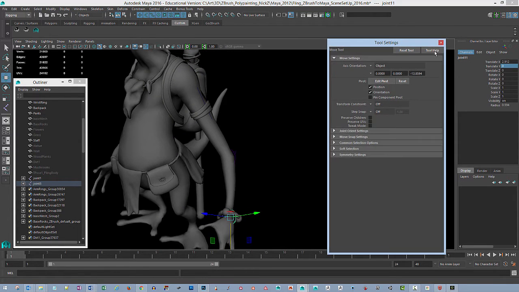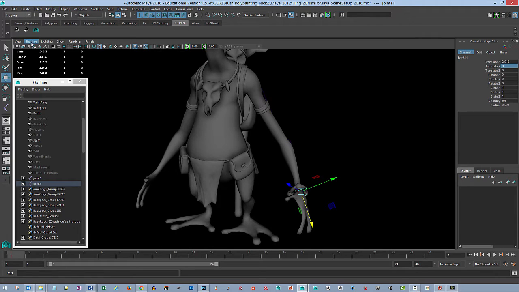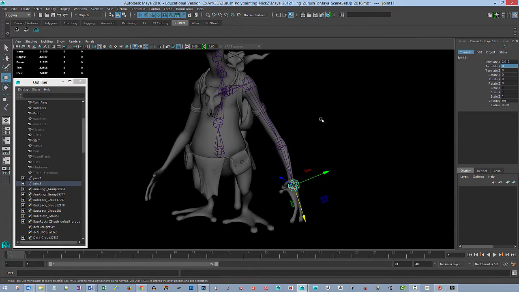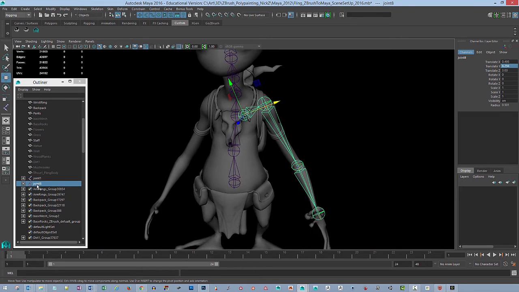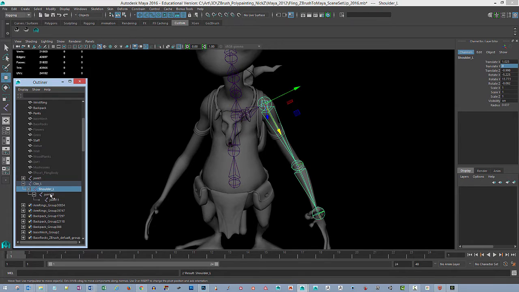Okay, so let's look real quick at naming. So I'm going to go turn on the X-ray joint so we can see this. So this will be the clavicle, and hold down Shift and click that plus, open that up. And if I do clav underscore L, I'll do capital L like that. And then this would be my shoulder underscore L like this. And if I do this one and say elbow underscore L, and then this will be my wrist